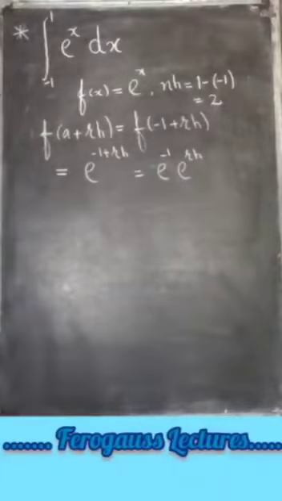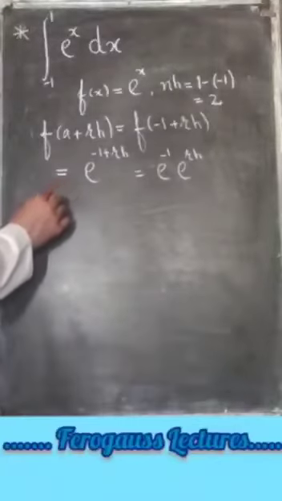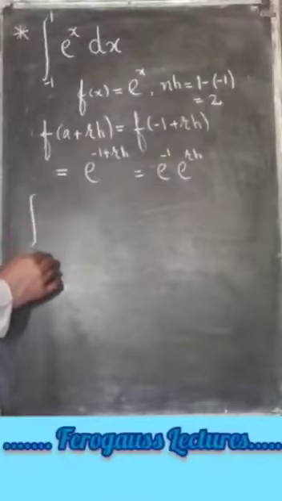Okay? Now, from the definition of definite integrals as the limit of a sum, we have integral minus 1